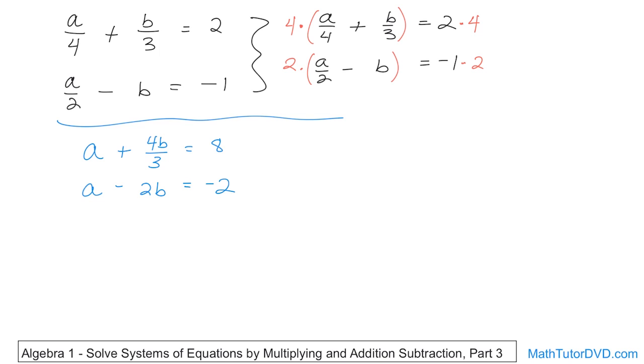All right, so I look at this, and I say, well, I have an a here and an a here. I can't really add them. That would give me 2a, so I need to subtract them. So I'm going to put a subtraction symbol there and draw a line. Now, before I go any further,